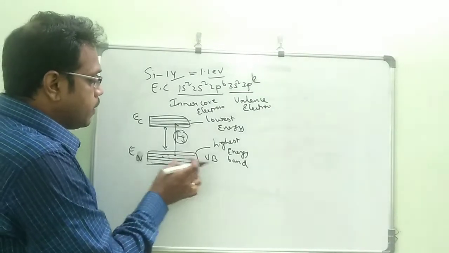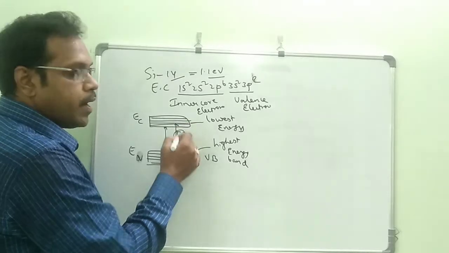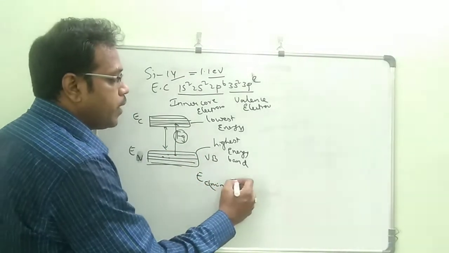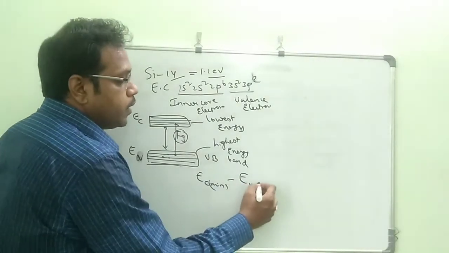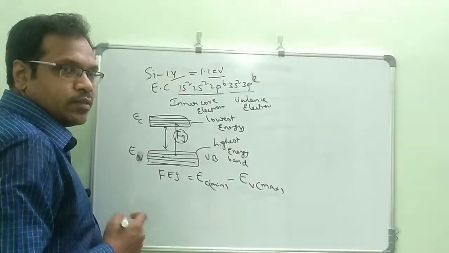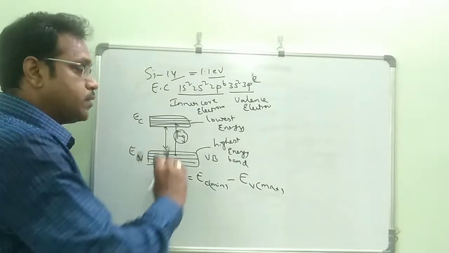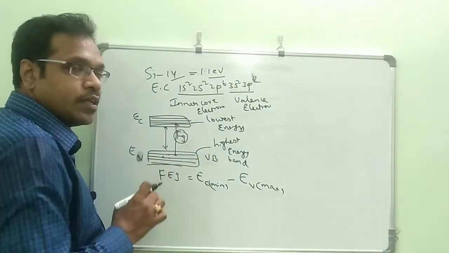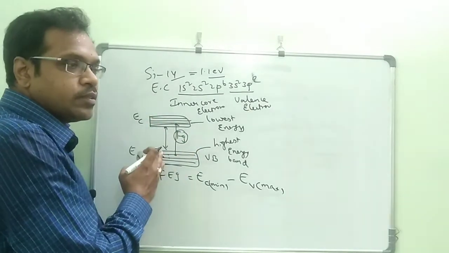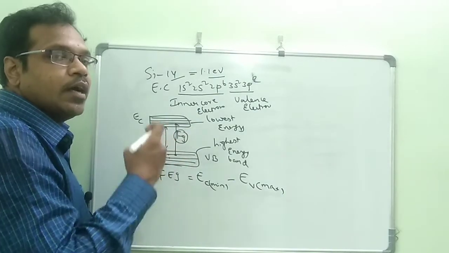Now for the valence band and conduction band, the conduction band is the minimum energy band and the valence band is the maximum energy band. So EC minimum minus EV maximum, that subtraction will give you the forbidden energy gap. Based upon the valence band and conduction band, the overlapping, how much the distance varies, and the forbidden energy gap, they have classified energy bands in solids into 3 types: insulators, conductors and semiconductors.